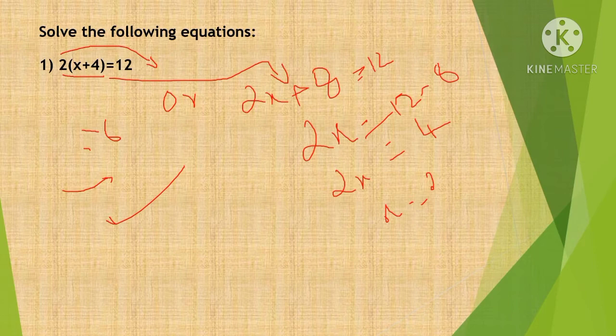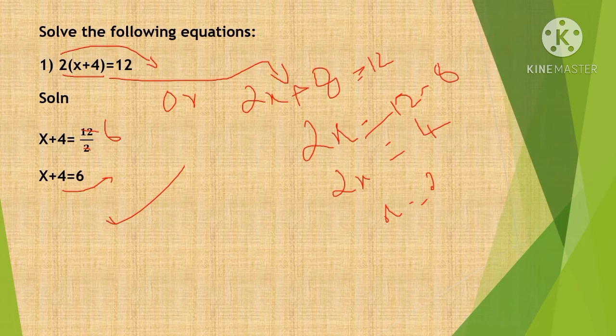So the first method is x plus 4 is equal to, bring this 2 to the right hand side. What is the symbol in between 2 and x? That inside we have written x plus 4 inside the bracket. The meaning is 2 into x plus 4. So when you bring this 2 to the right hand side, we will be writing in the denominator. We will be writing reciprocal method. So 2 will be in the denominator. Look at here. X plus 4 is equal to 12 divided by 2. Cancel it. You will be getting the answer 6 because 6 2s are 12. So x plus 4 is equal to 6.